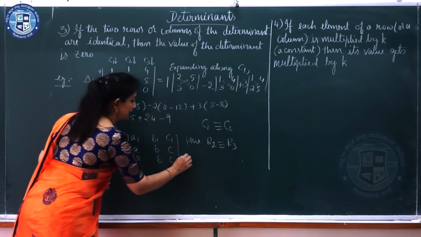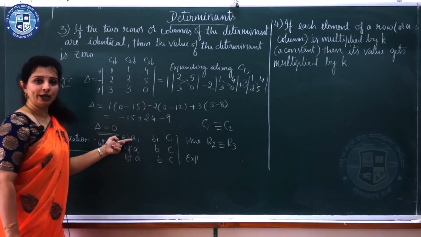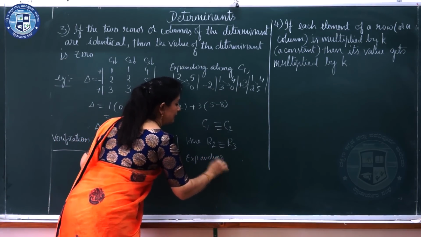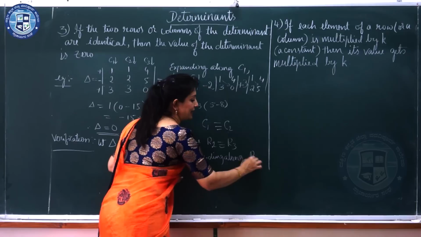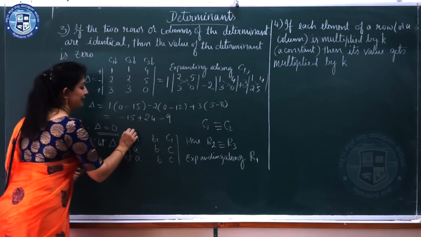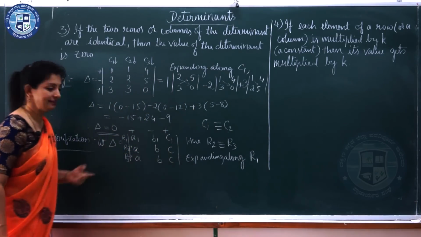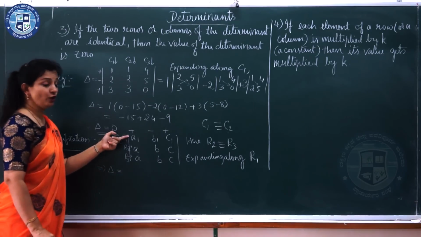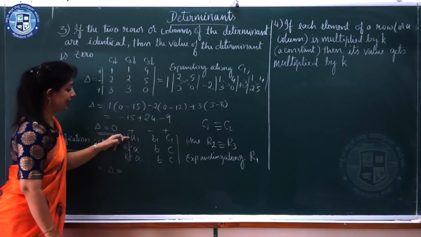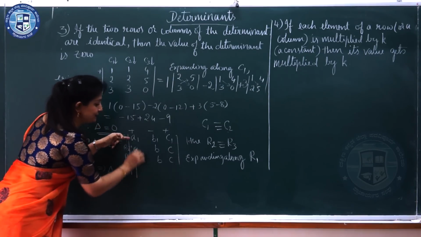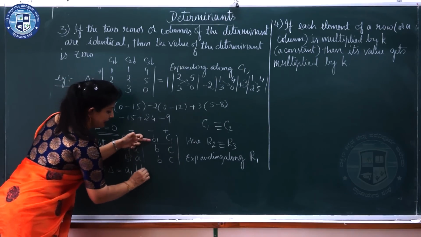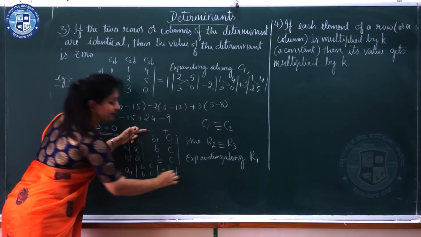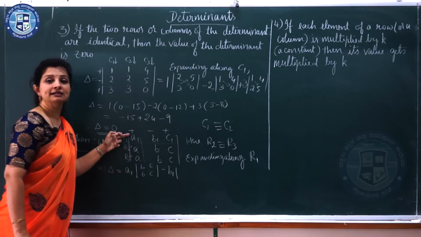So when you expand it, expanding along any row or any column, we can expand along the first row, R1. Look at this: plus, minus, plus. We can write the symbols first. So delta is equal to the value of delta. You know how to expand it along the first row. The elements are A1, first one A1 into determinant. Delete the row and column. The remaining elements are B, C, B, C. Minus B1 into, delete the first row and second column.